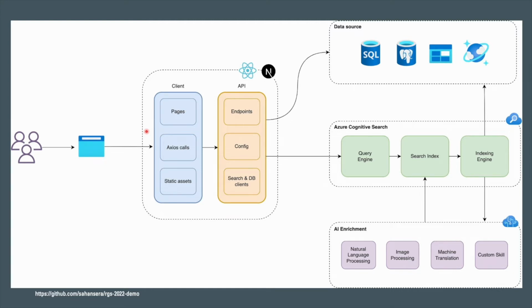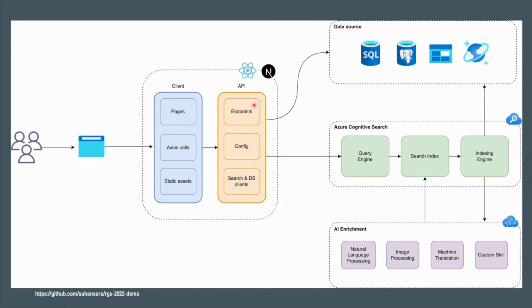I have left out some of the details in here. We are going to be building a backend as well, which will host our API endpoints. These endpoints would talk to the database as well as our query engine. The technology choices are going to be React for the front end and Next.js to serve our web app and to create the backend API. The reason for creating a backend is to encapsulate some of the cross-cutting concerns such as configuration, security, logging,